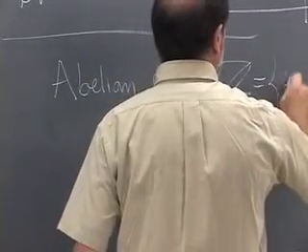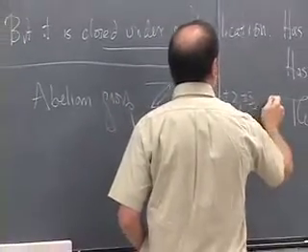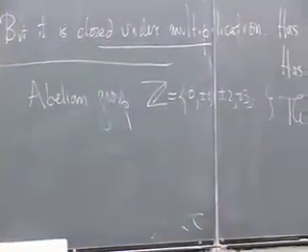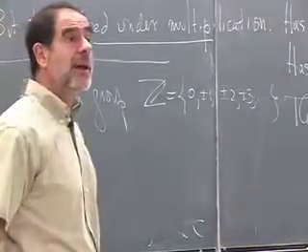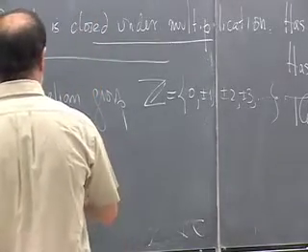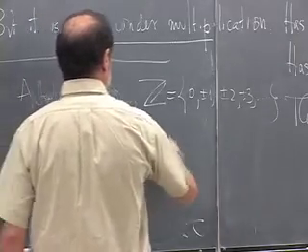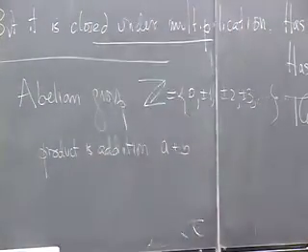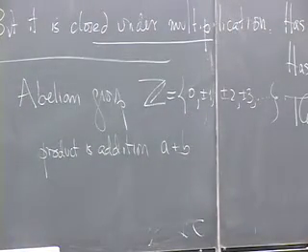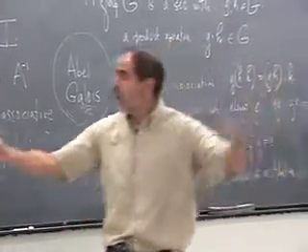So that's the 0 plus or minus 1 plus or minus 2 plus or minus 3. Positive and negative integers, denoted by a bold-faced Z here. So the product operation in the integers is addition. A plus B. That's the product operation. That's clearly associative. When you add 3 things, it doesn't make any difference which order you do the adding. What's the identity element for addition in the group Z? It's kind of stupid. 0, exactly.